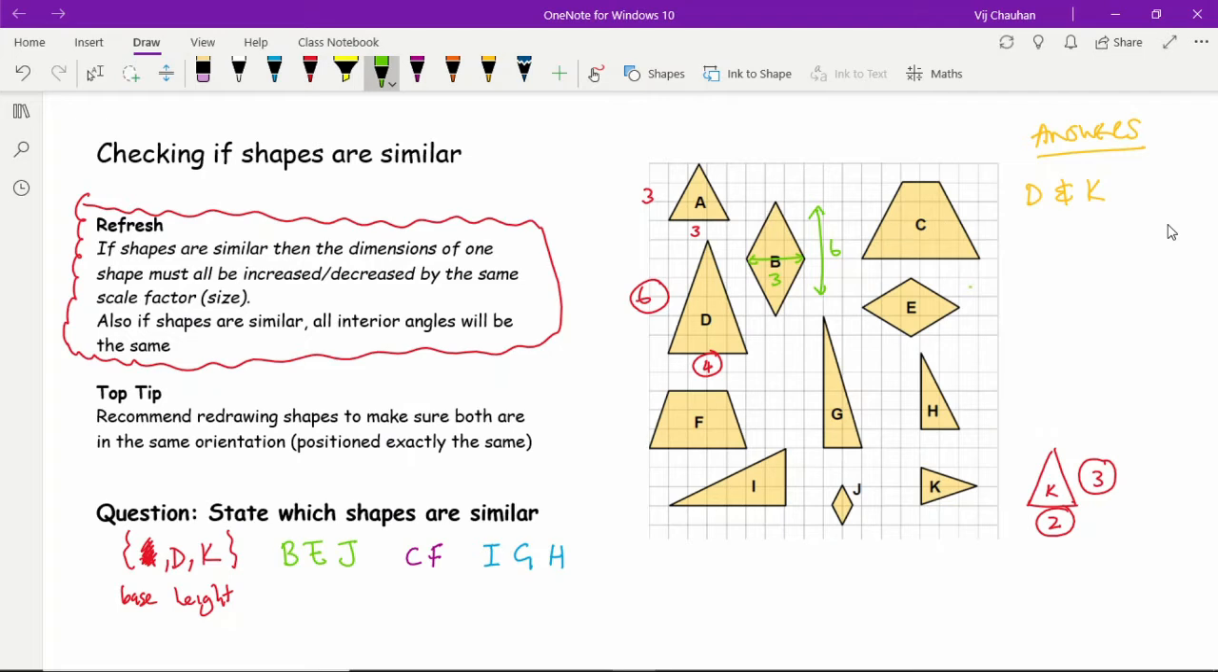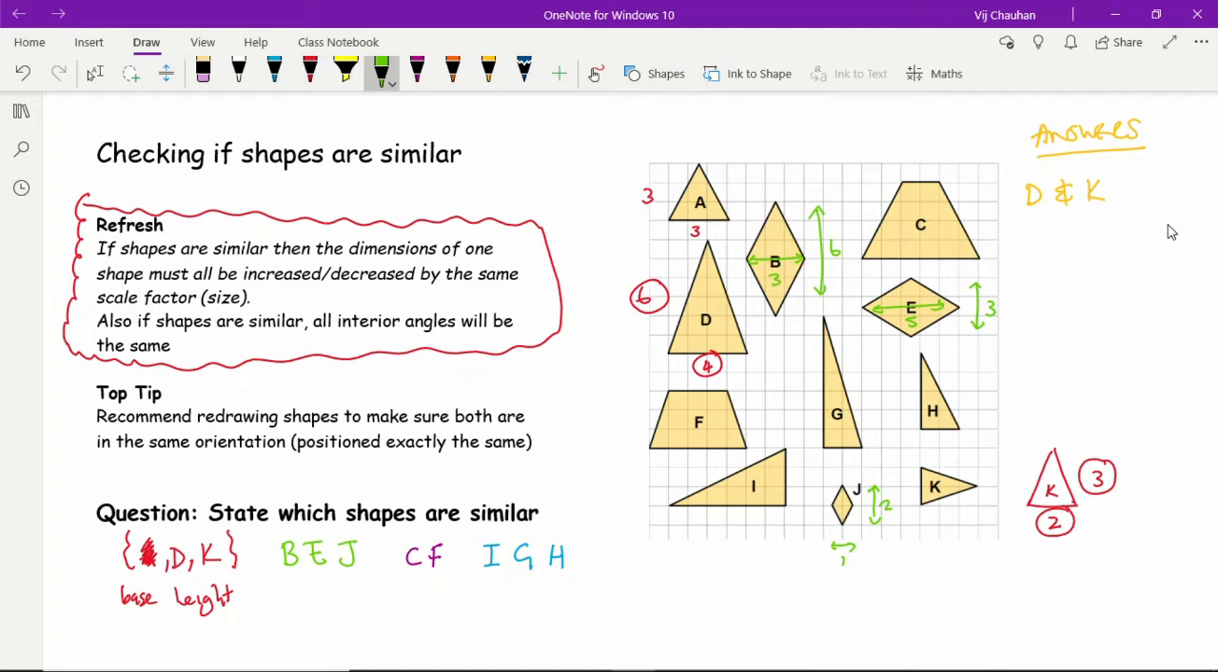With E, it's got a width of 3 and a length of 5. And with J, that's got a width of 1 and a height of 2. So basically I'm looking for where the width and the height is twice as big. Now with E, you can see that here I've got 3 and 6 and I've got 1 and 2, and